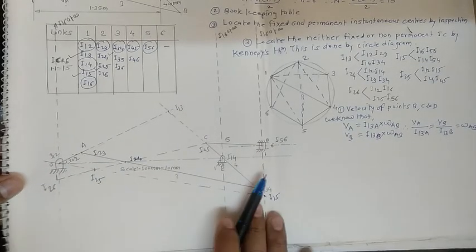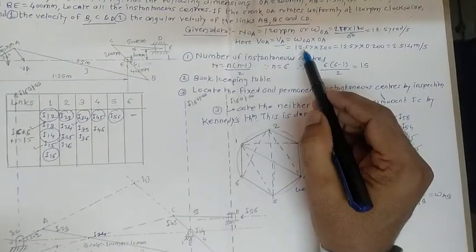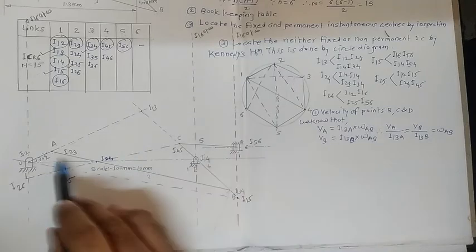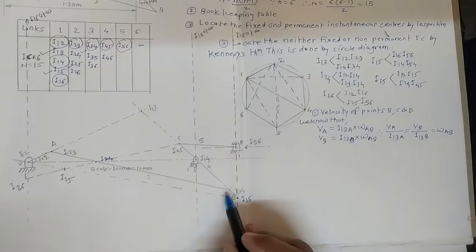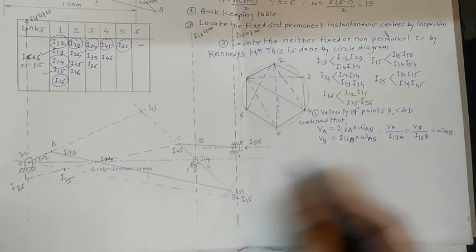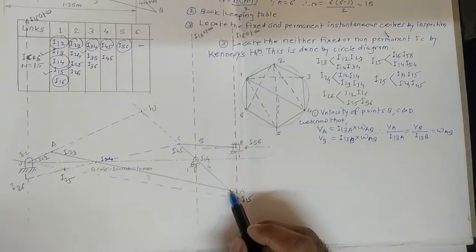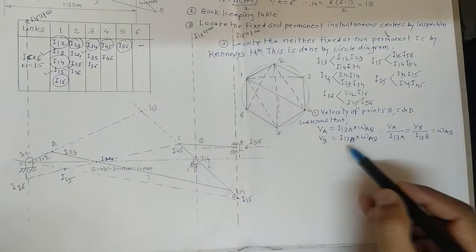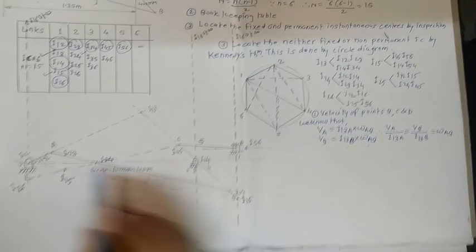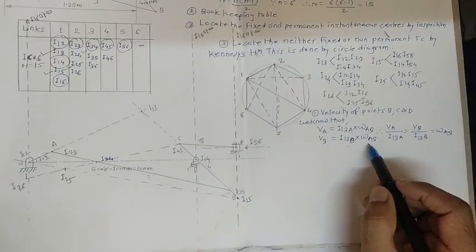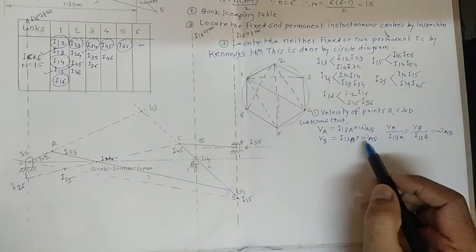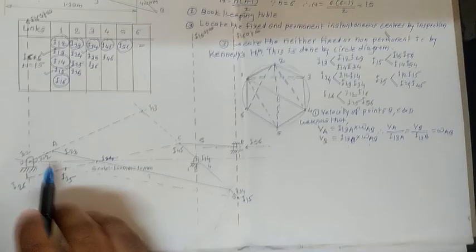We have already done the analysis for omega OA. That's why, proceeding for the further calculations, we consider omega AB. The next link is here. If I consider the B point, I want to develop the relation with respect to this B point. The linear velocity VB is nothing but I13B, this is the distance you have to take, multiplied by the angular velocity of the same link, omega AB. For any point that lies on a particular link, the angular velocity will remain constant. This is the basic concept behind angular velocity.